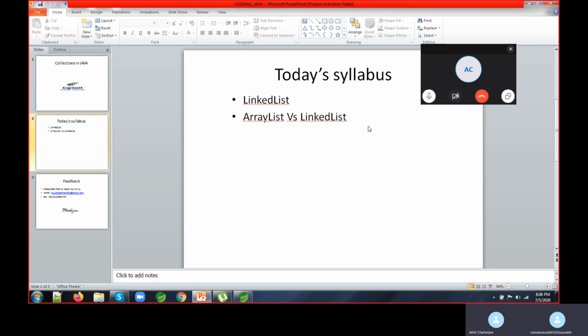Second, manipulation with array list is slow. Manipulation in array list is slow because if any element is to be removed from the array, all the bits have to be shifted in memory. But manipulation is fast in linked list.